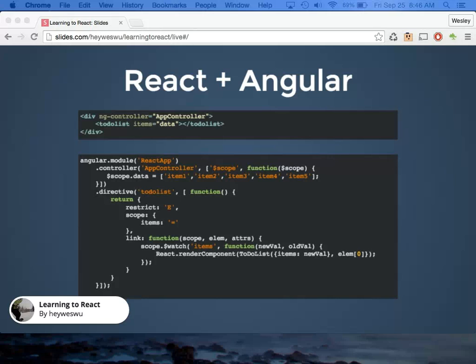And so in this way, we're letting React do what React is good at, and we're using Angular for what it's good at, which is its dependency injection, its ability to handle data. So it's really easy to do, and I'm sure this works in other frameworks as well. I haven't tried it, but